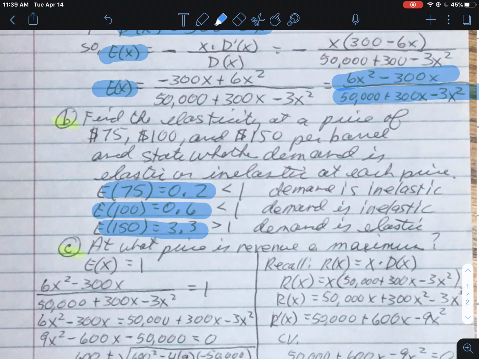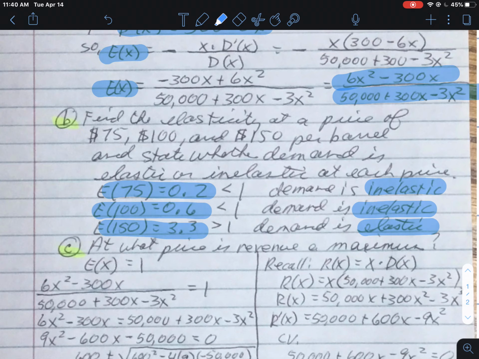So we said for values that are less than 1, you have inelastic demand. So at $75, demand for oil is inelastic. At $100 per barrel, demand is still inelastic. But at $150, demand is elastic. So there's an increase in revenue at $75 or $100. At those prices, if we were to increase the price by just a little bit, revenue would still go up. But at $150, if you increase the price a little bit, you would expect to see